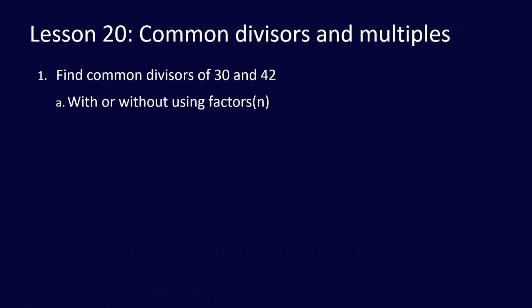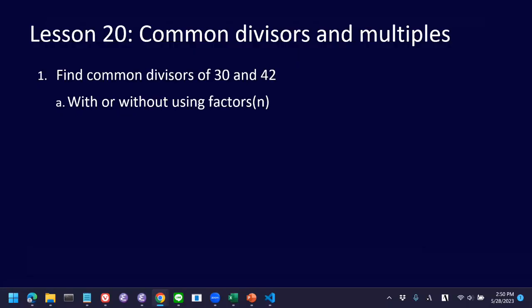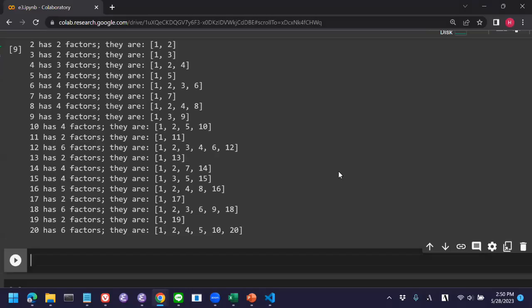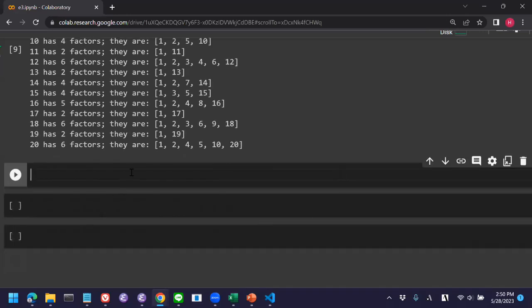With or without using the factors function. Maybe we'll try using the factors function. Can you stop the video and try this? And then later without using the factors function. Okay, let's do without first. So up to 30 and 42. One way is to try,